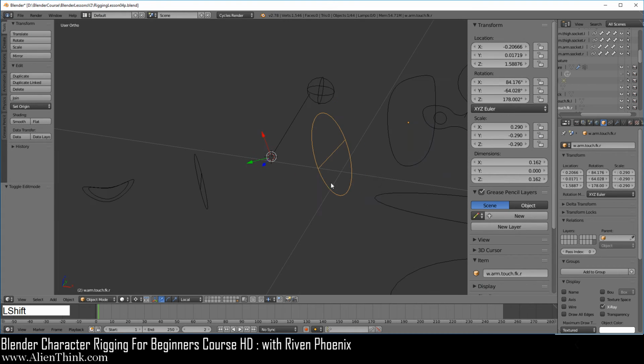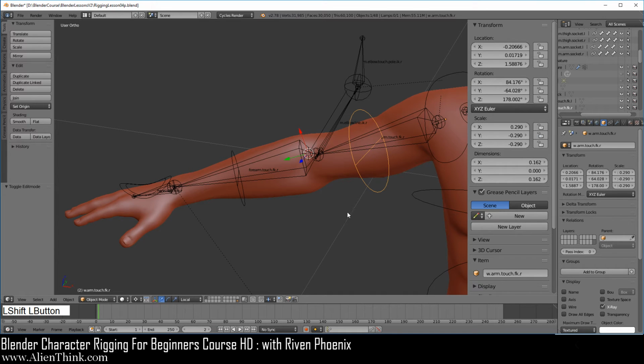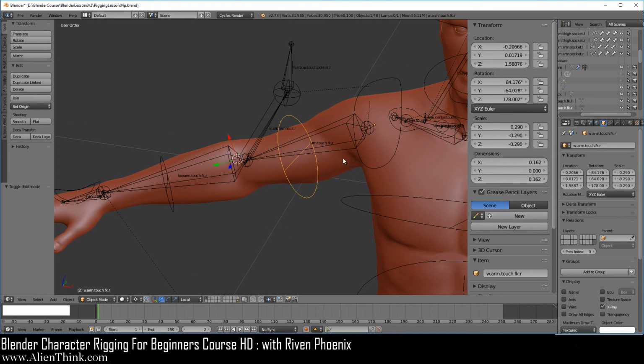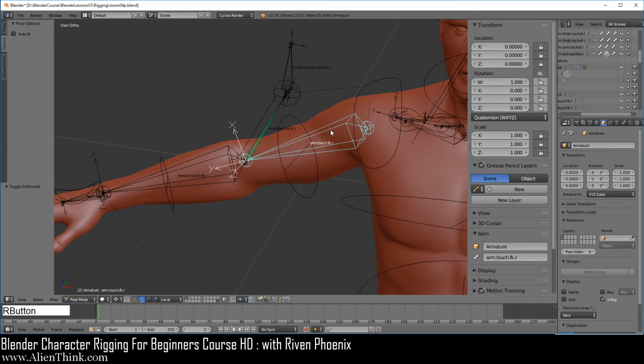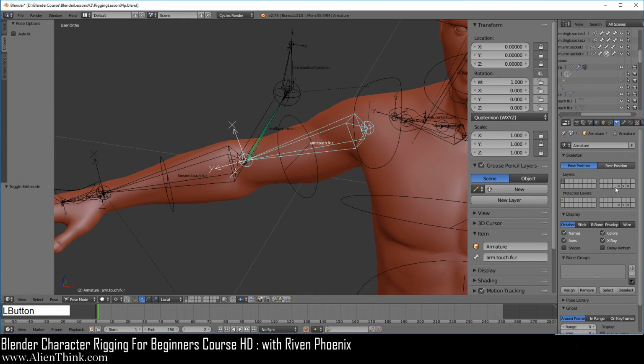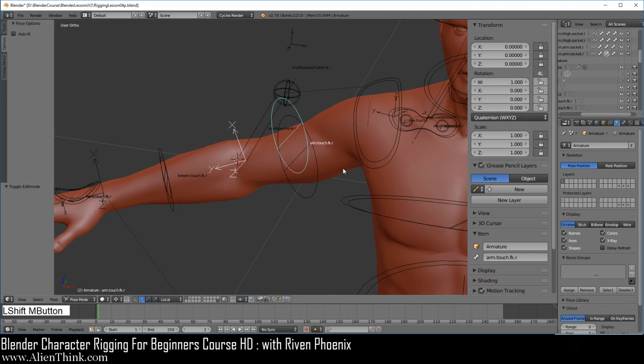Okay, so now go ahead and click this, and let's go ahead and turn off the axis so it doesn't get confusing over here. Now what we need to do is press the Shift key down and turn this layer back on. Okay, now what you want to do is go ahead and click on this bone, go to the data tab, and make sure that the shapes is turned back on.